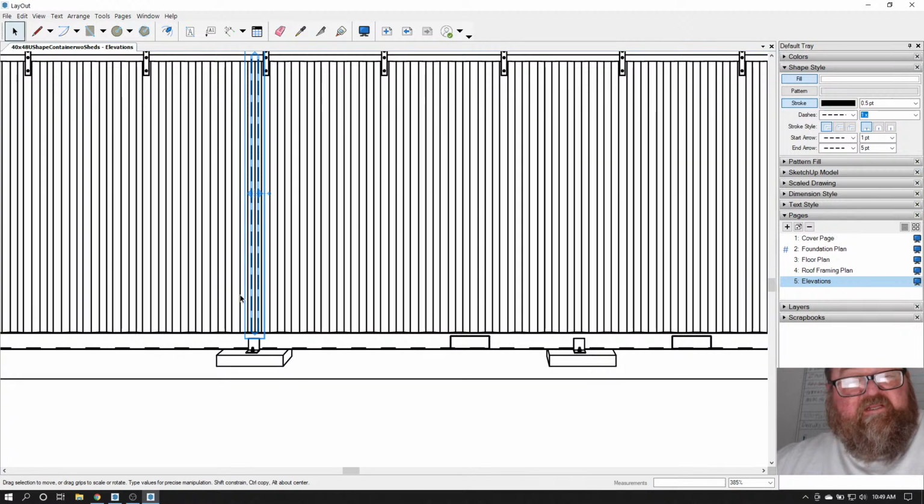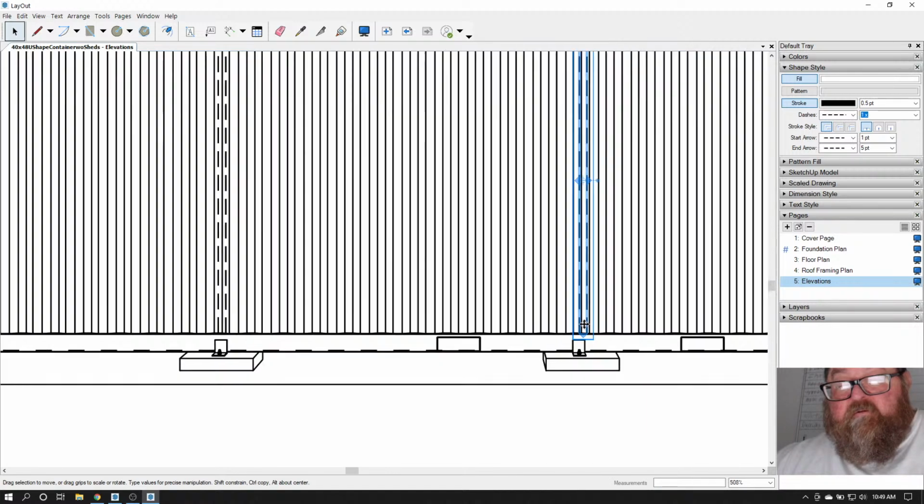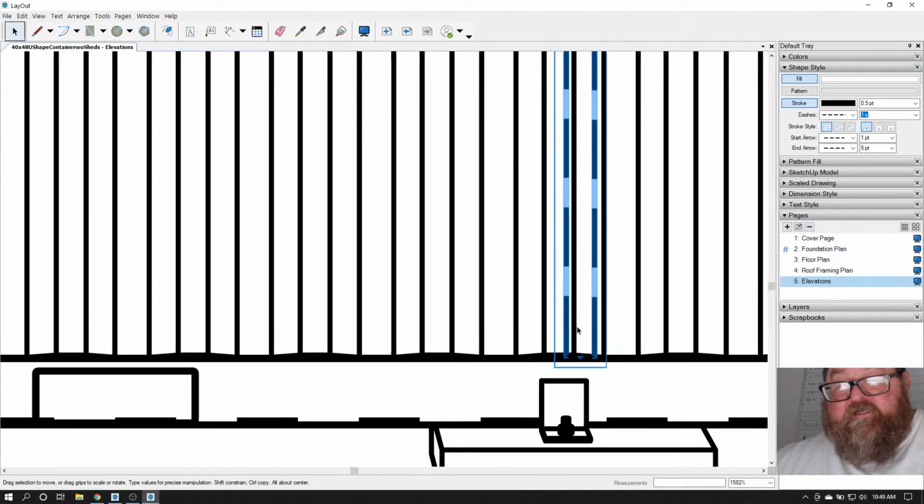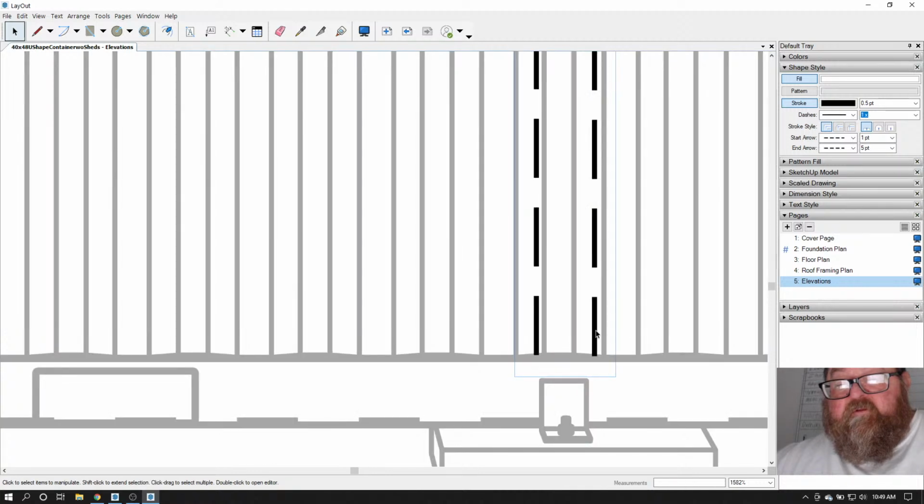I keep thinking I'm in SketchUp. I'm not in SketchUp, so I have to kind of, what I'll do is get this down here to make it look like it's in the center. I meant to,